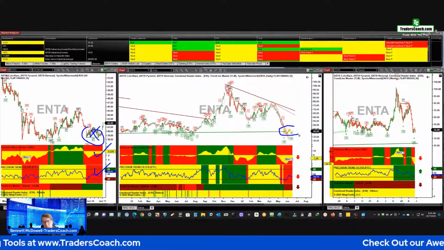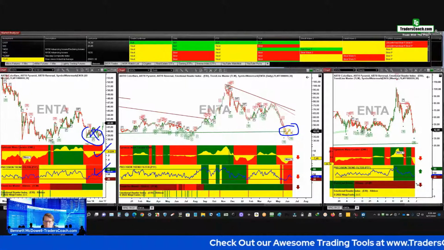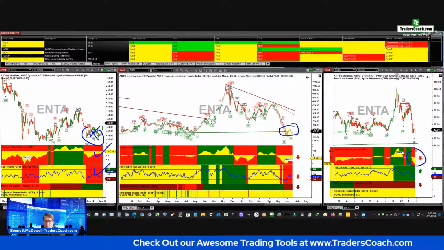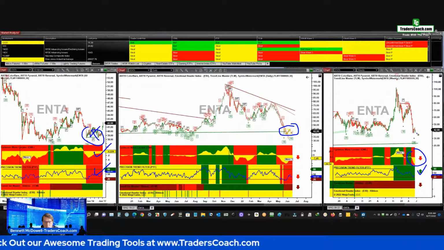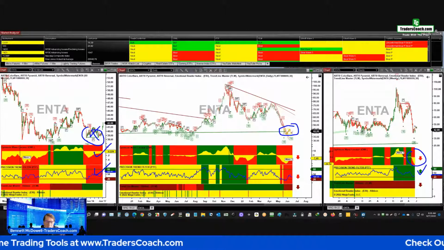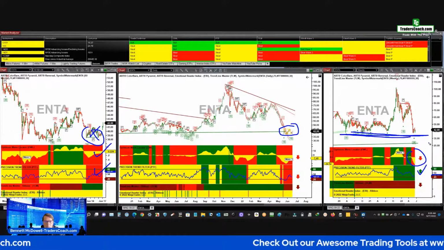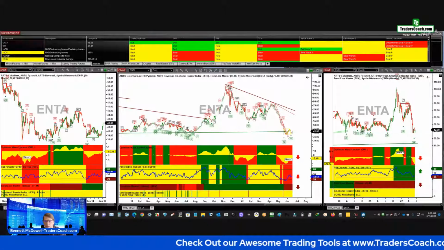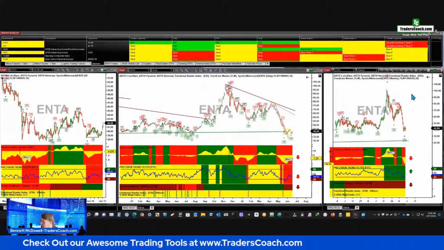All right, this one's got a couple forming here, but quite honestly, no long positions yet on this. This is still coming down. This has a green PTF. You want to watch that to make sure it stays green. So I'm thinking maybe at some point here, we're hovering right around the bottom. We can get a long trade in, but apparently it's not done coming down yet. So you don't want to go into that too early, okay? So I would stay out of that.